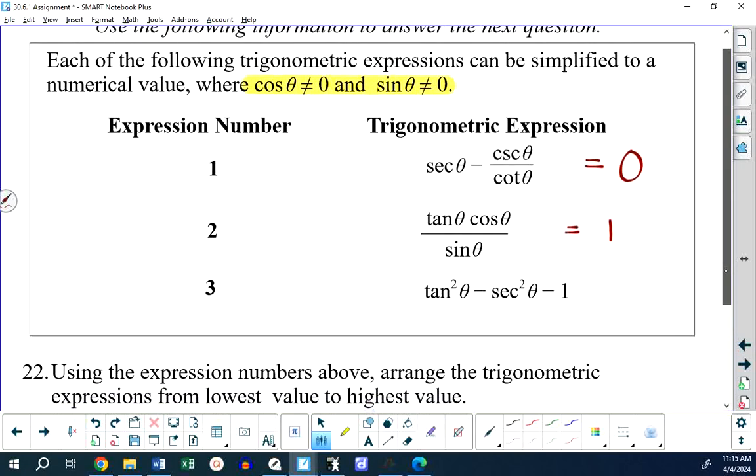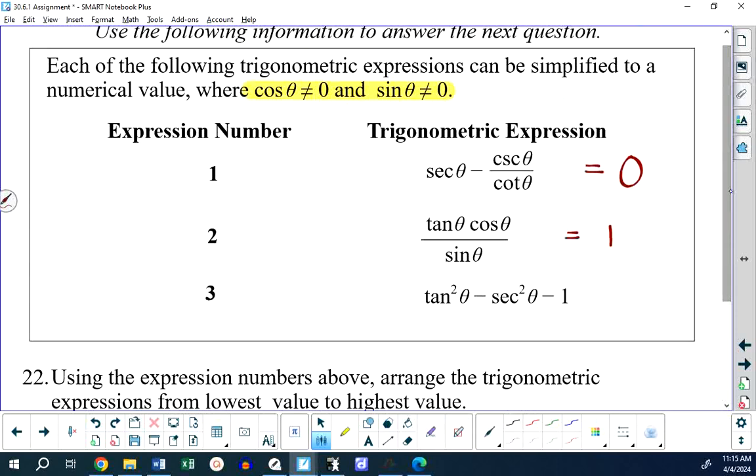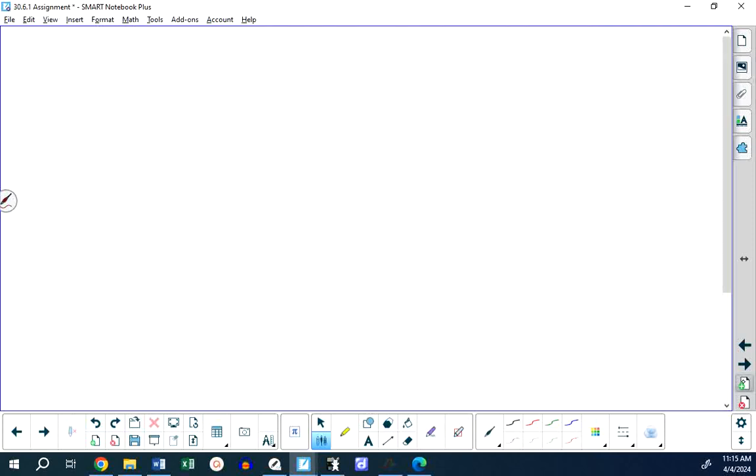Tan theta cos theta over sine theta. Let me start with this. How many of you see that this is sine theta? Because the tangent is sine theta over cos theta. But to officially write it out, we have tan theta cos theta for expression 2 over sine